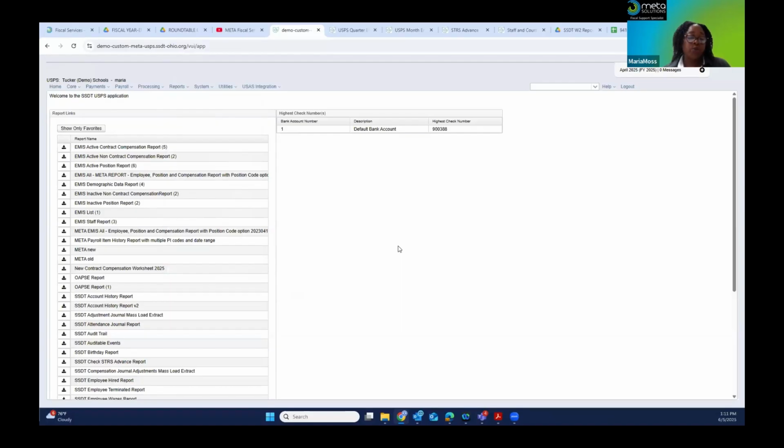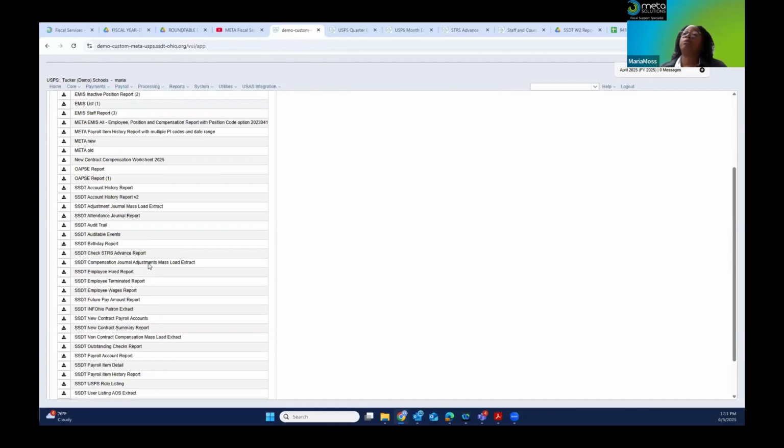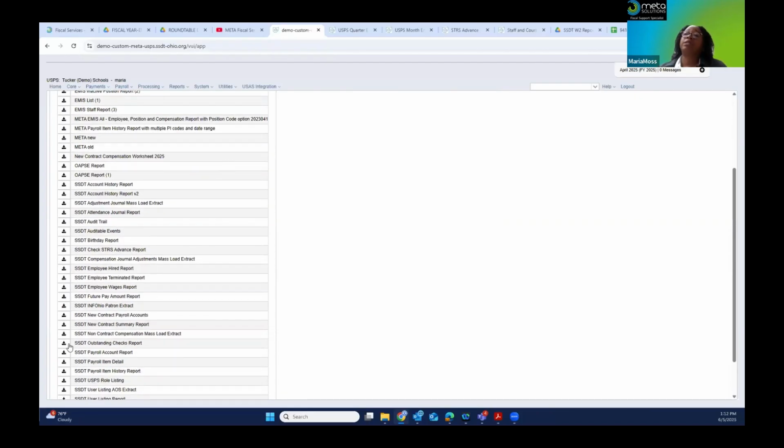Next, we encourage you to balance your district payroll account once you receive the statement. And then you have a couple of options of reports that you can run to see your outstanding checks. So the first one is from the home screen. You scroll down and you can go to your SSDT outstanding checks report.